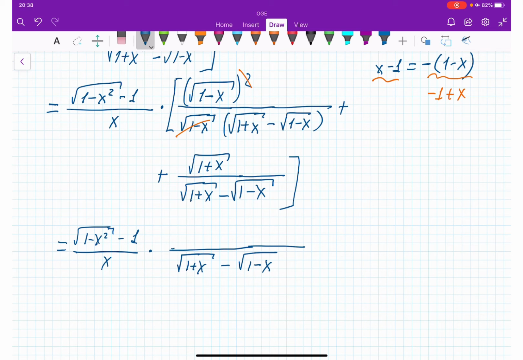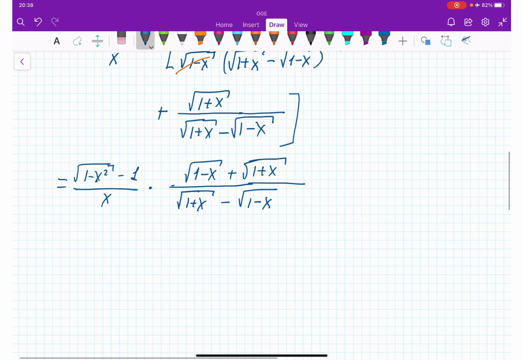In numerator we will have square root of 1 minus x plus square root of 1 plus x. All right. Now, from here, what are we going to do? This part we leave alone. 1 minus x squared